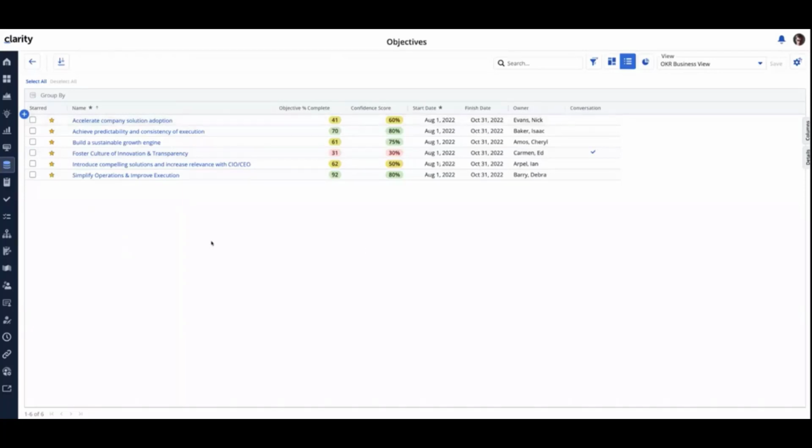The start attribute is really used to indicate that these OKRs are managed in Clarity and not integrated with Rally. We anticipate Clarity to be used as a system of record for an organization's business and engineering OKRs. The Clarity Rally OKR integration will enable incorporating engineering OKRs, those that are managed in Rally, within an overall enterprise OKR view in Clarity. As you can see, we're using objective name, percent complete, confidence score, start date, finish date,